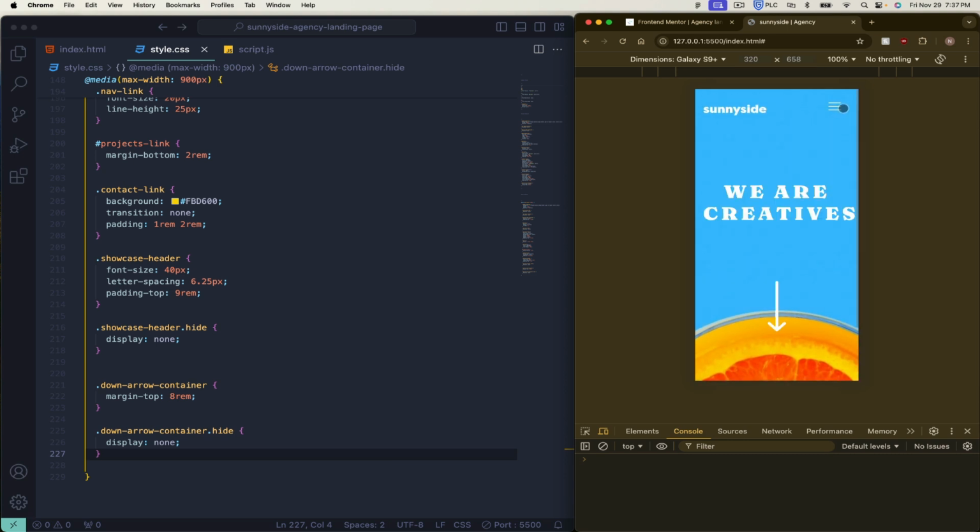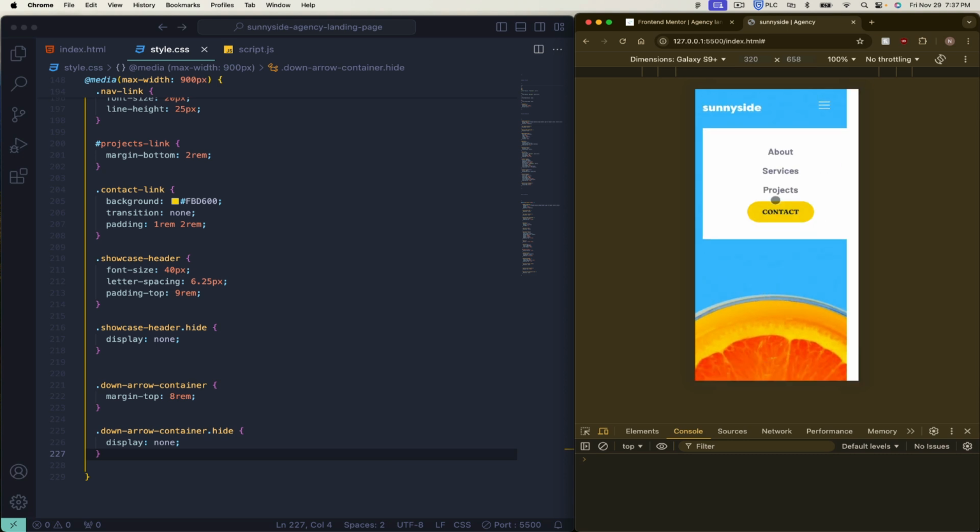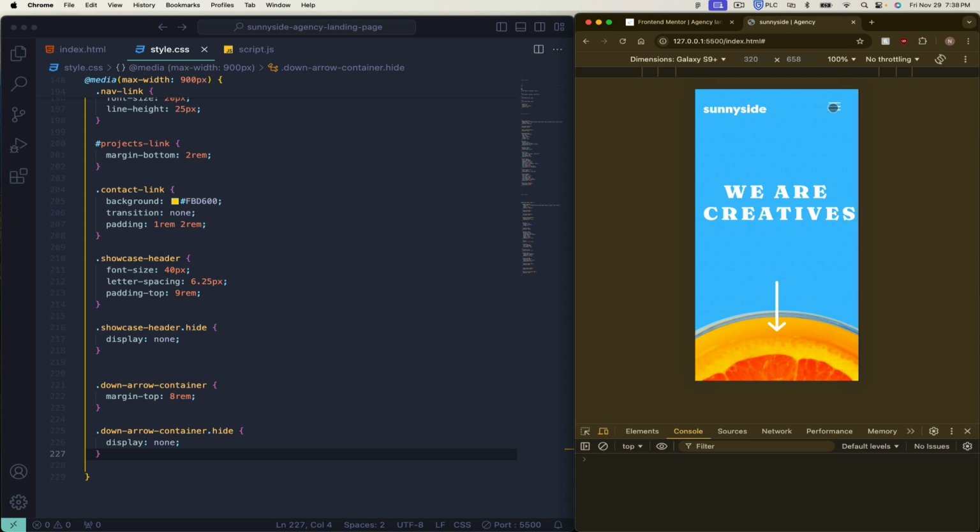And it's pretty much going to look the same. So we got a problem. On a Galaxy S9 Plus, which is a 320 pixel screen size, which I get is like a smaller screen size, I don't even know if a lot of phones are that small anymore, but we should still make it look good on every device. So